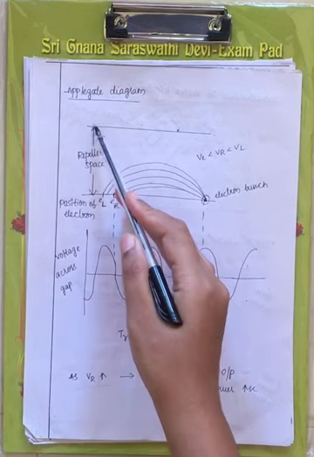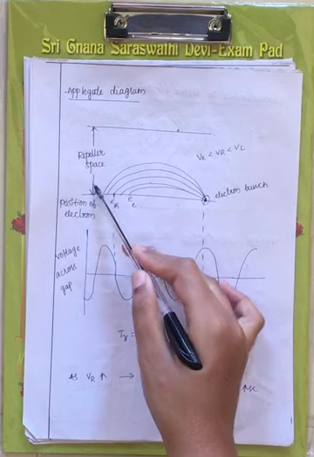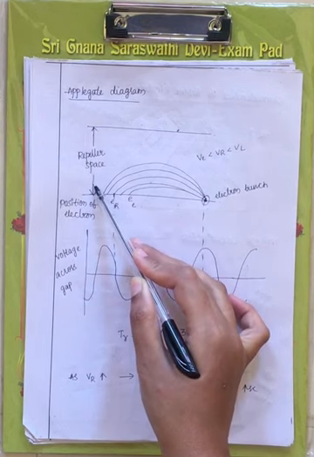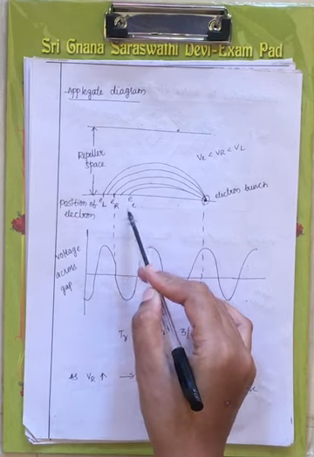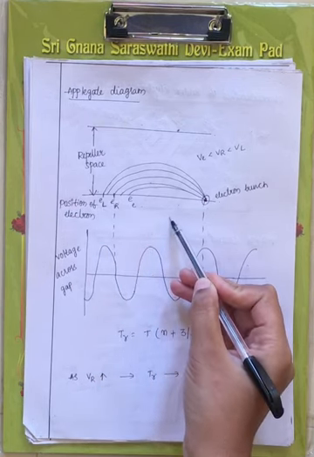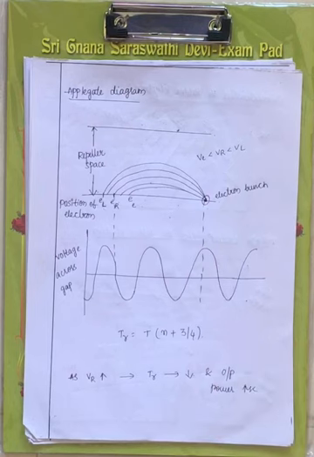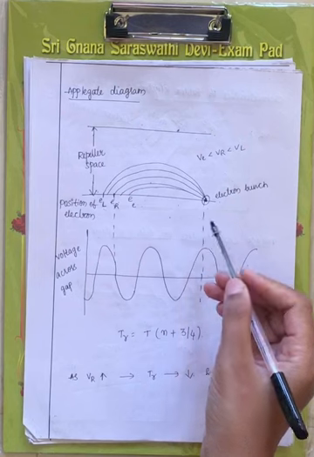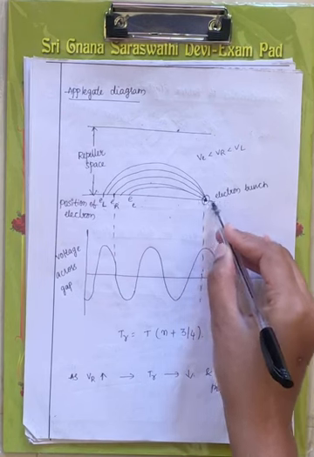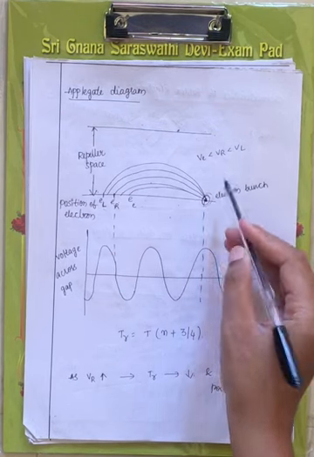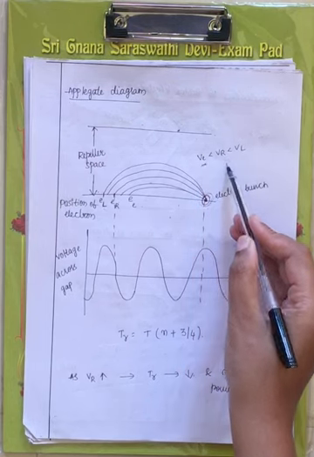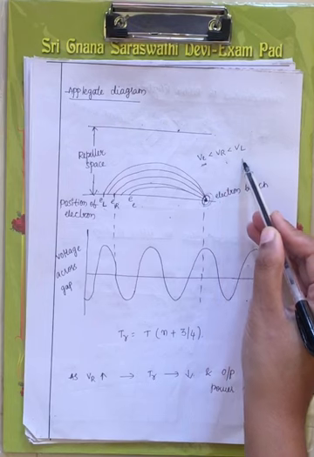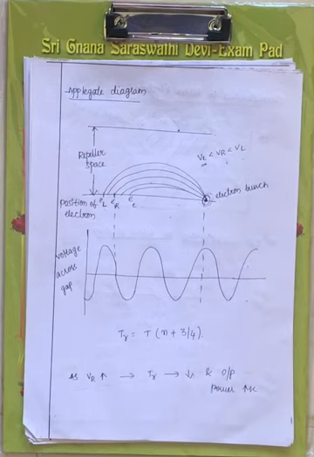Now this is your repeller space, right? The space between the anode cavity and your repeller electrode, that we call the repeller space, right? Now early electron, late electron and reference electron. These three electrons will get bounced back to the anode cavity. They will form the electron bunch, right? Now because of this repulsive force, the velocity of the early electron is less than the velocity of the reference electron, which is less than the velocity of the late electron, right?